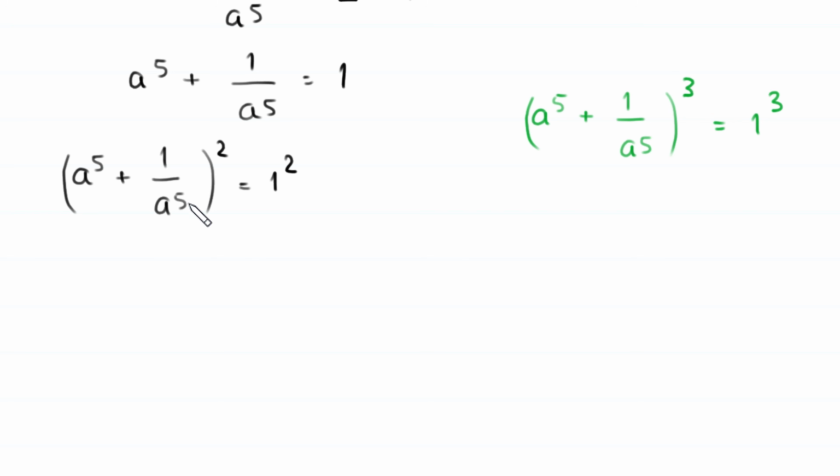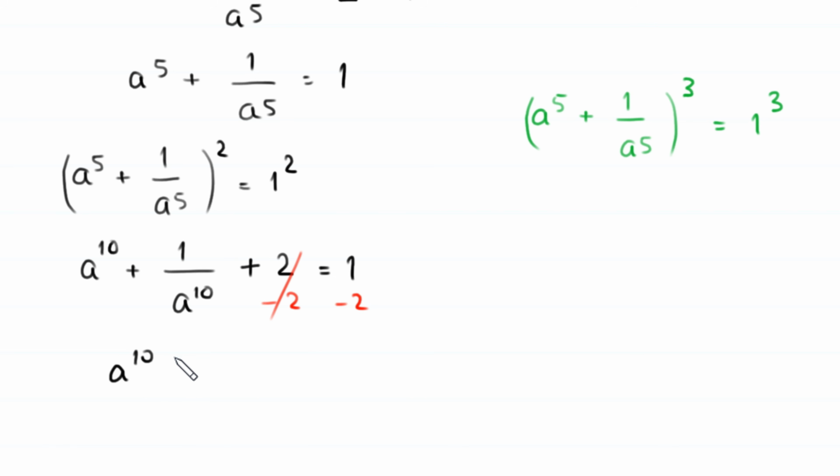Expand this left hand side, this will become a to the power 10 plus 1 over a to the power 10 plus 2 equal to 1 squared, which is 1, and subtract 2 from both sides, so this cancelled out and we get the value of a to the power 10 plus 1 over a to the power 10 is equal to